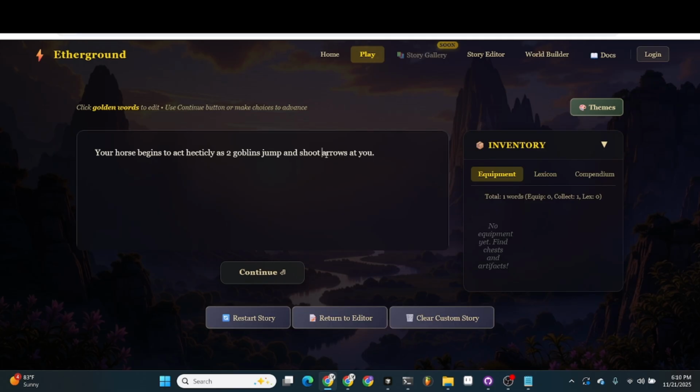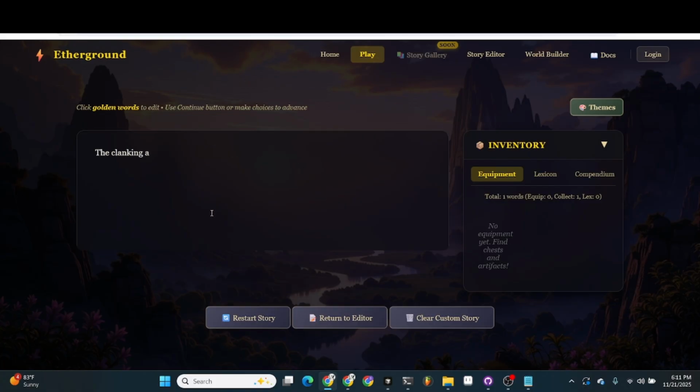I could change this word to balls or bullets. I could change goblins and put a list that says orcs, elves, and that way it's like a Mad Libs kind of story mechanic. And for the end, I'm just gonna put ship